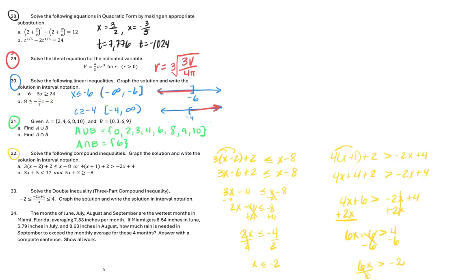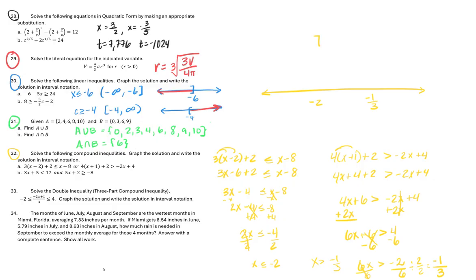So dividing that by 6, we can actually simplify this by 2, and we're going to have negative 1 over 3. So we'll have x is greater than negative 1/3. So with this, we're going to draw a line graph and do the interval notation. So I'm going to draw one big line, and I'm going to have negative 2 here, and I'm going to have negative 1/3. So looking at this inequality, we know that it can equal negative 2, so that means we get